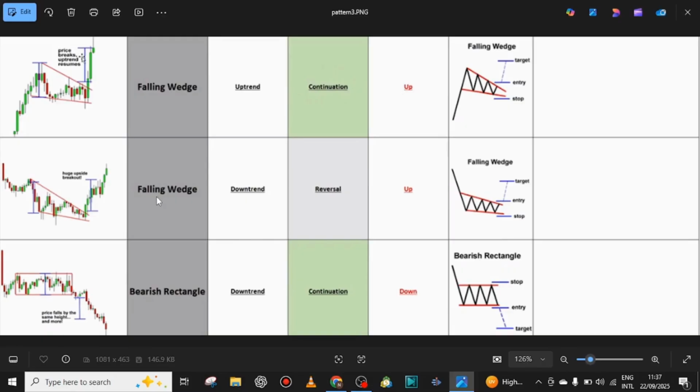So we also have another falling wedge, but this one occurs in a downtrend. The falling wedge we just saw occurs in an uptrend, and there is also a falling wedge that occurs in a downtrend movement. You can see the type of signal we're expecting here is reversal. The market will shift. So if we are trending downward and the market starts forming this falling wedge, unlike the rising wedge, where we expect the market to continue trending downward,